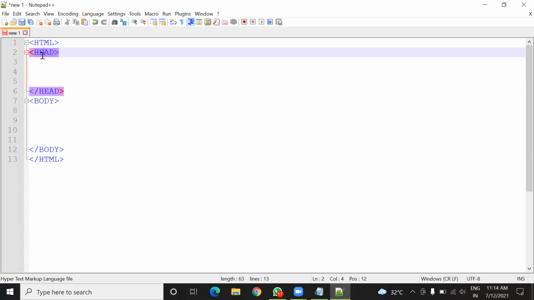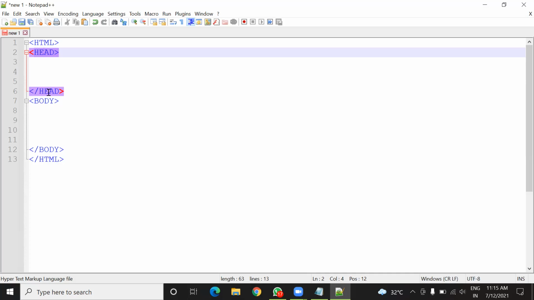In an HTML document, the head section is required to put certain information regarding your web page. Okay, inside the head section, like information of the title, means what text should appear on the title bar of the web browser. And you can also put certain tags like the meta tag, or you can include a CSS file here, or a JavaScript file here, or any XML file here. Such kind of information you can provide inside this head tag.